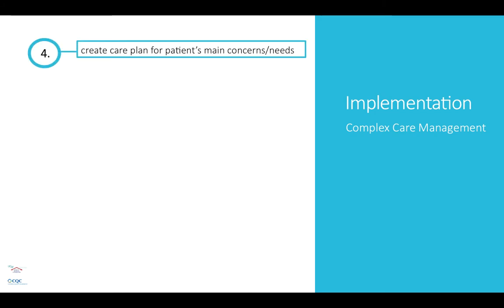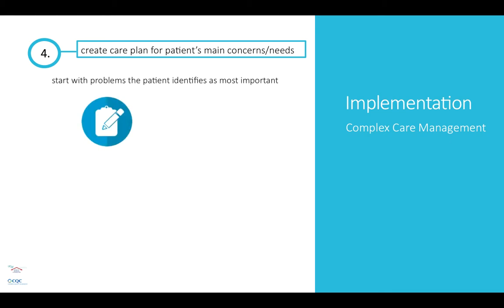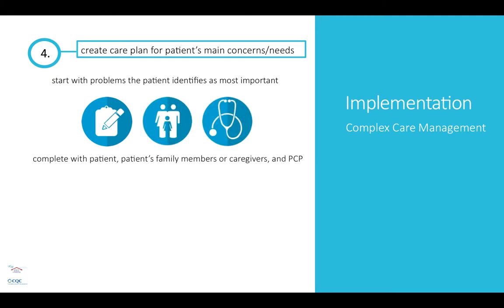Make a care plan for the patient's main problems. This also may be done little by little, starting with the problems that the patient identifies as the most important. This should be done with the patient, patient's family members or caregivers, and the primary care clinician. The care plan may span a large range of areas, including interventions to assist patients with monitoring